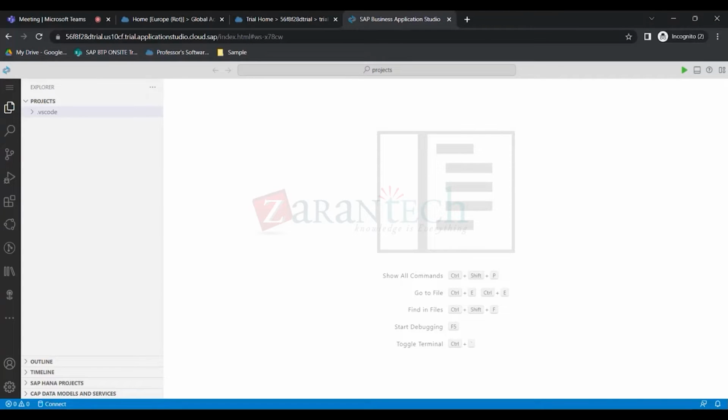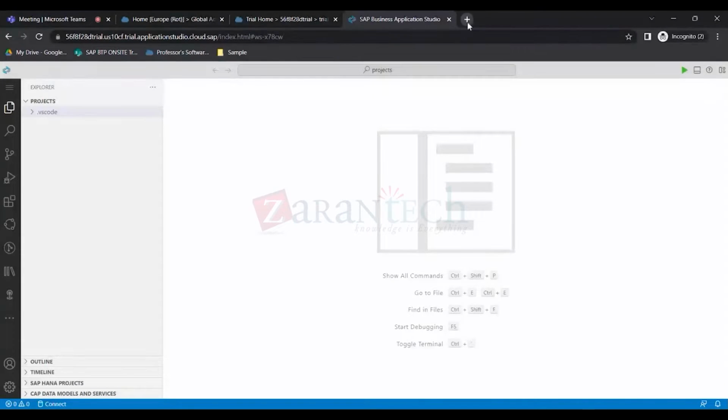Now what does CLI stand for? It stands for command line interface. There are two types of command line interfaces that we have. One is the BTP CLI, which is basically used by your admins and some other resources to take care of your accounts and sub accounts. If you want to do a deep dive into the BTP CLI, what you can do is go to